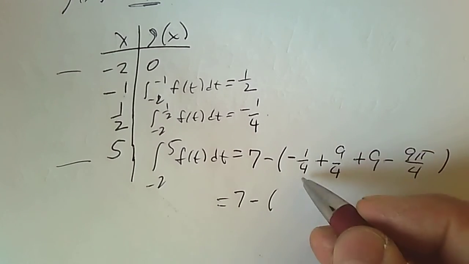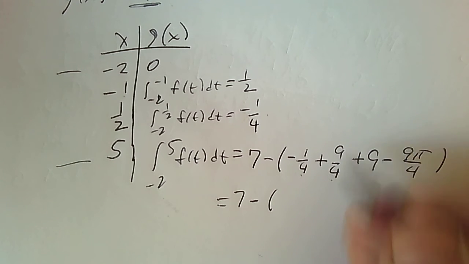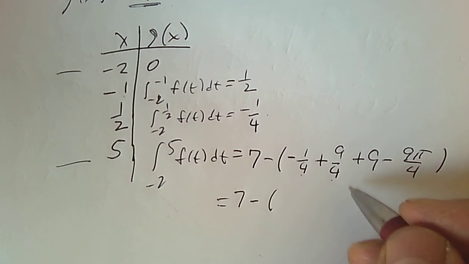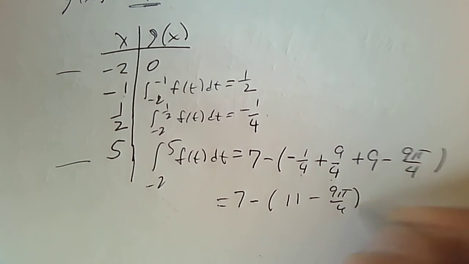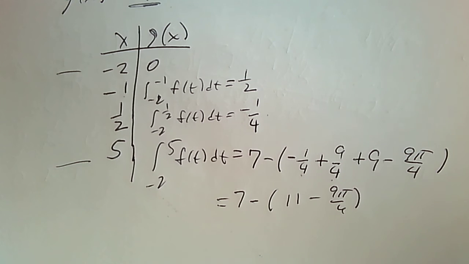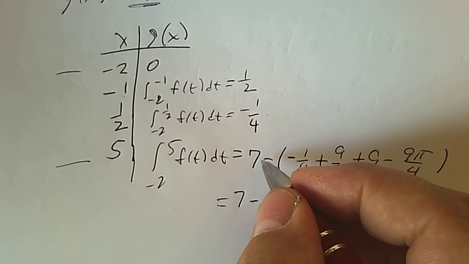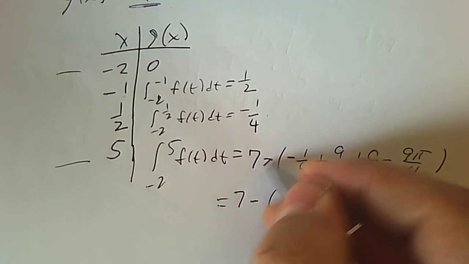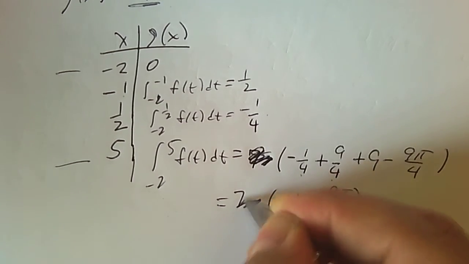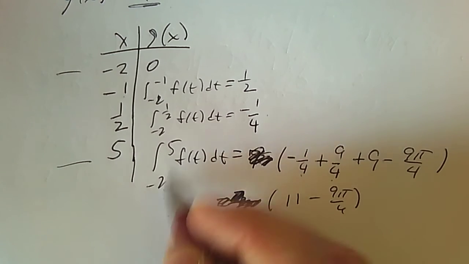So I'm going to go, the denominators are the same. So 9 take away 1 is 8, and 8 divided by 4 is 2, plus 9 is 11. So I get 11. Oh, and I don't need the 7 in front, because this 7 in front is not going to help me from -2 to 5. That was part A, where the 7 was part of it. This is not a part of it. 7 minus was only for part A, because it was not asking from -2 to 5, but it was asking